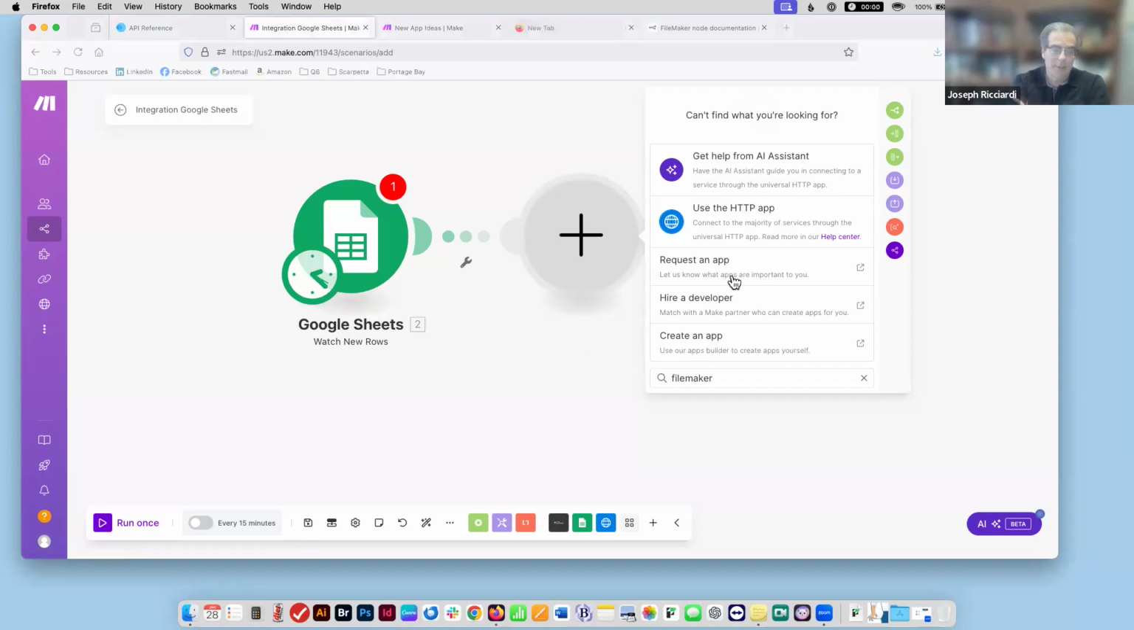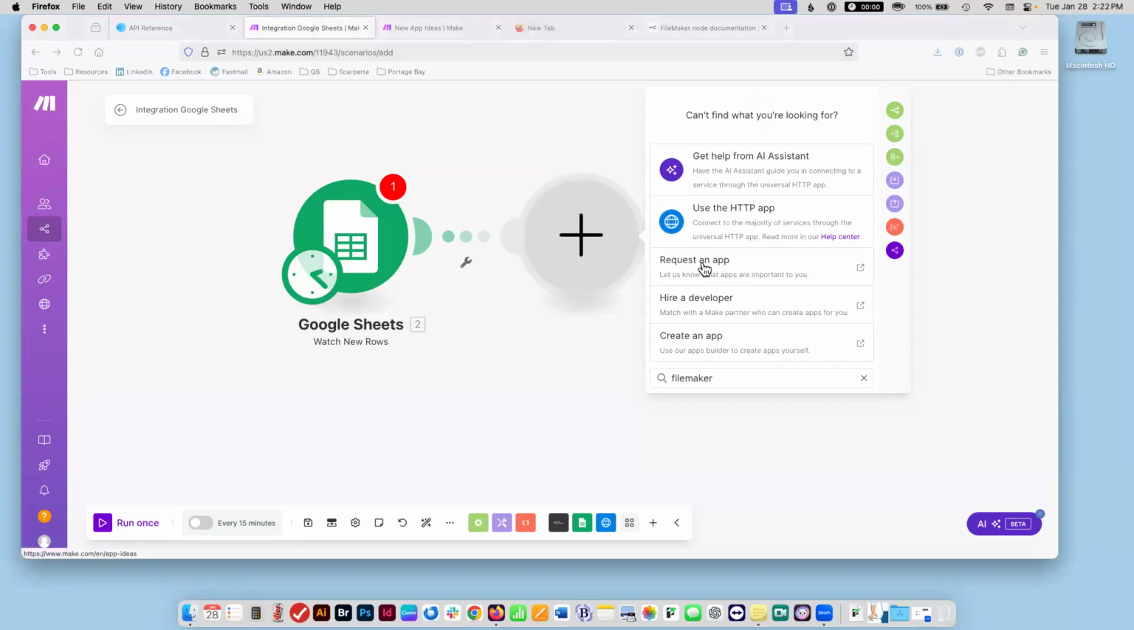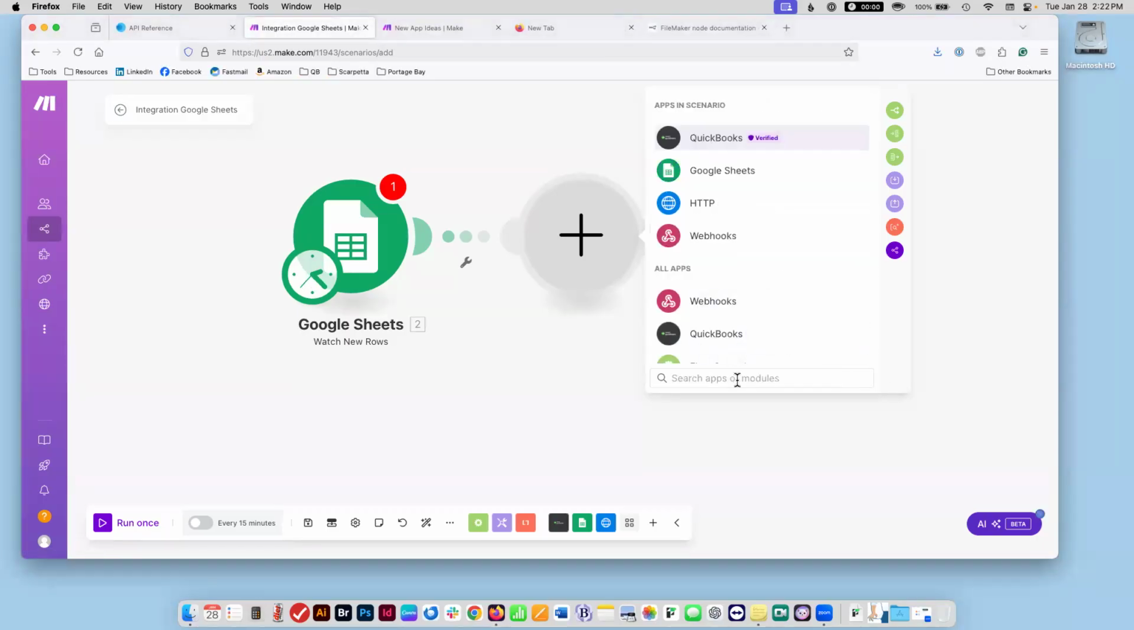Jillian, that's a good idea too, what you're showing. Clean out the search box. Test an app or use an HTTP app or create an app would be your two options here. Yeah, and if you clean out that search box from FileMaker and just type in